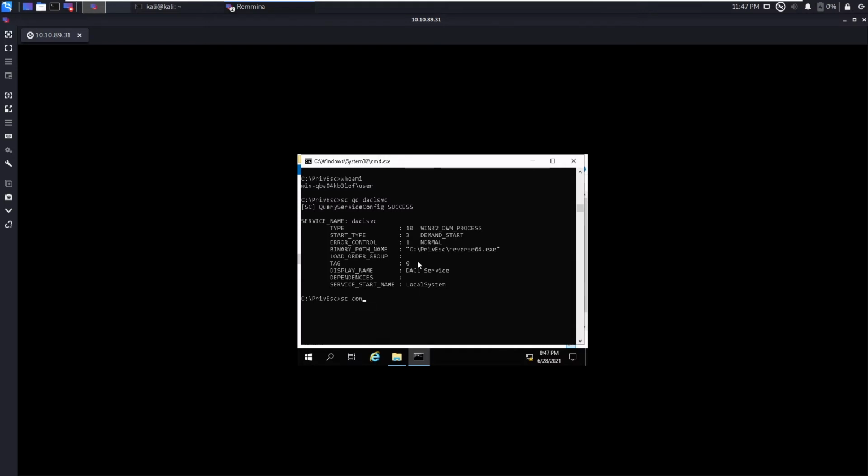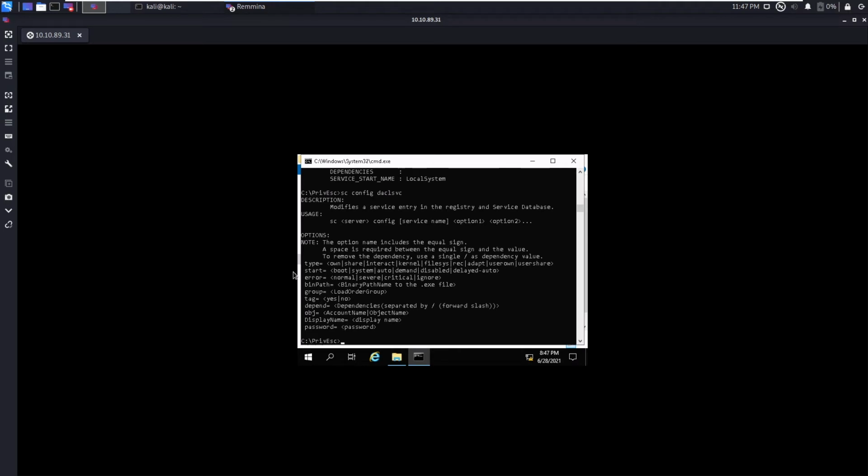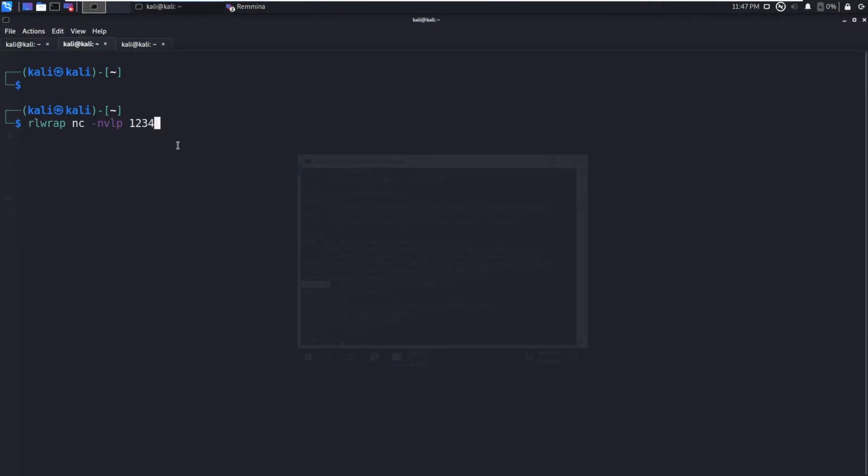Type sc config. I am going to ask for the configuration of this service. Now you can change all of these properties, but the one we are interested in is the binary path. Go to the Kali Linux box and make the reverse shell with the LHOST being your Kali Linux IP, the port, and the output as reverse64.exe.